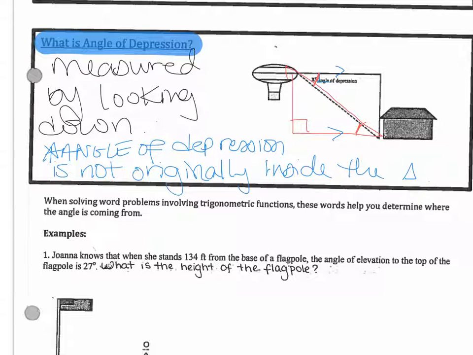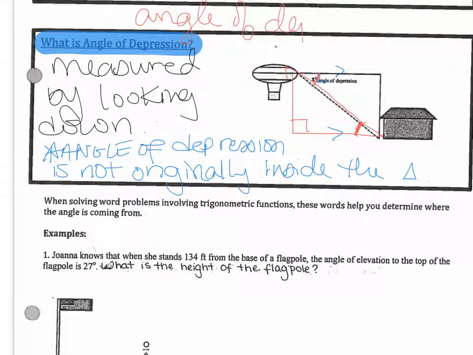But notice this spot right here, I just talked about. This spot right here from the ground up is the angle of elevation. So in reality, the angle of depression and the angle of elevation are the exact same measure. They're not necessarily in the same location, but you can remember that they're in the same location because they are the exact same measure. So a friendly tip,